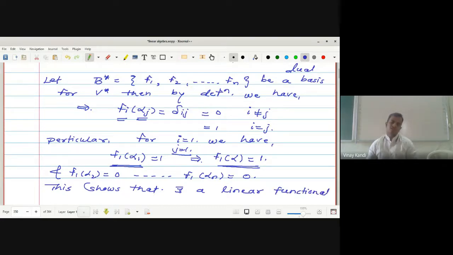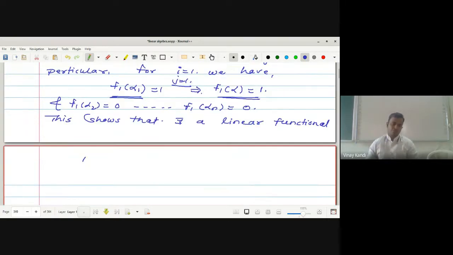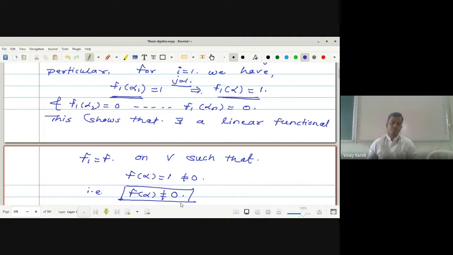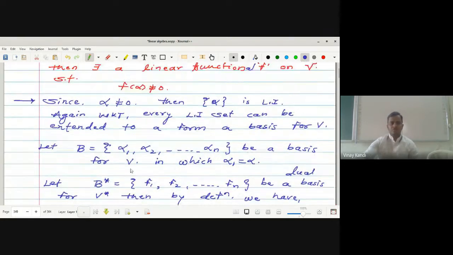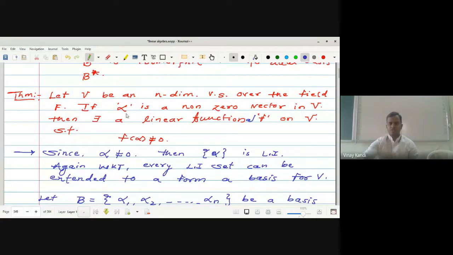There exists a linear functional. Assume that f1 is equal to f on capital V such that f of alpha is equal to 1, which is not equal to 0. So that is, f of alpha is not equal to 0. So there exists a linear functional f for a non-zero vector alpha such that f of alpha is not